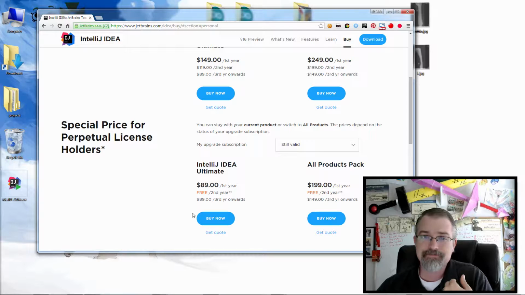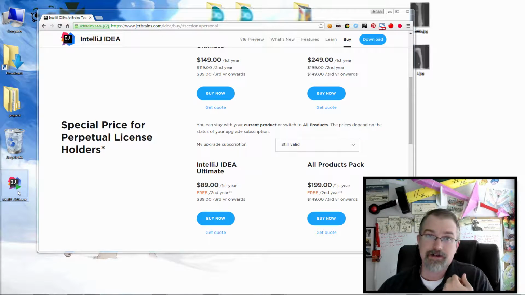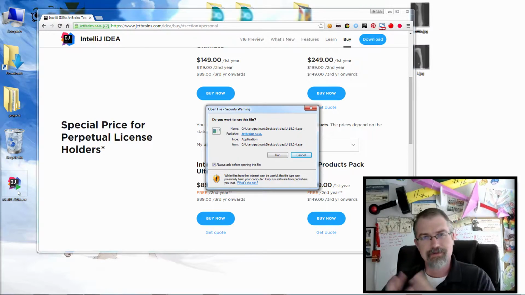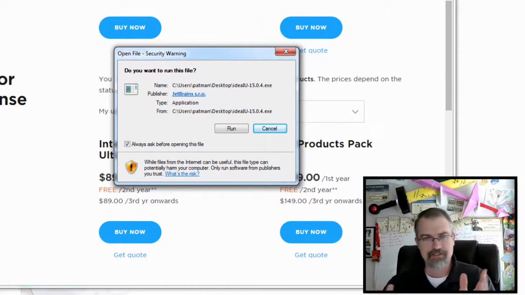So it's a good deal. So I've already bought it. I've already downloaded it. And so now I just need to go install it. So here, I'll just go click on here to install it. Oh, and if you're like me, I have different systems. So I have a Mac system, a Unix system, a Linux system. I just download every single version. And then I deploy them to my boxes that I need. But then I'm only using one license at a time. It's only for me. I'm not doubling my license. So if you're like me, make sure you download all of them at the same time. I guess you don't have to, but